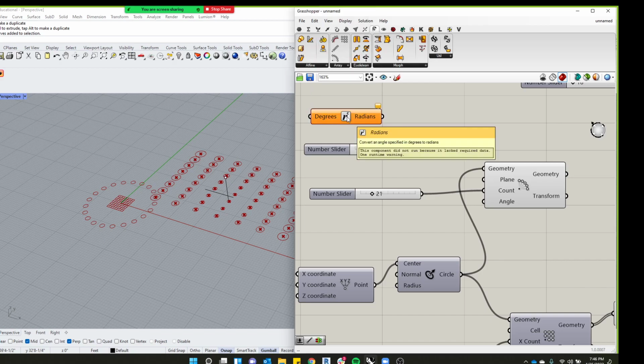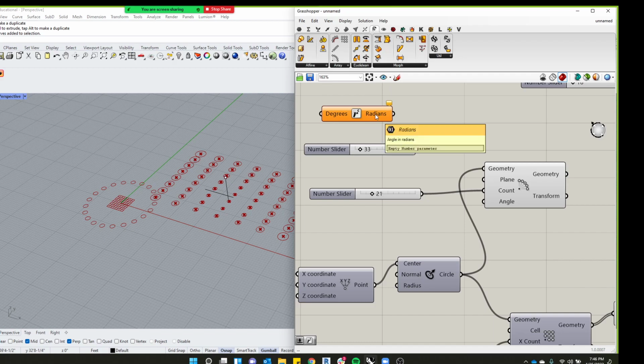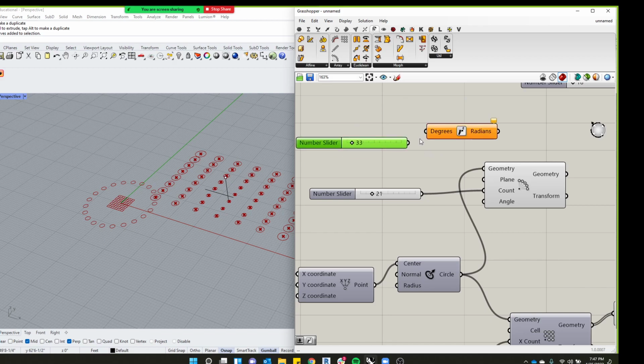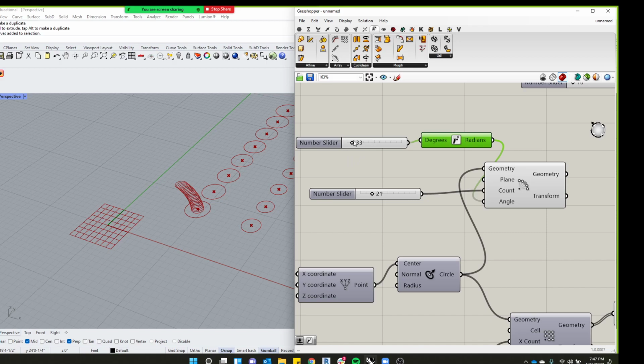Is it this one? Yeah, okay. So I'll just do it again. If I double click and type in radians, that pops up and gives me a little node that says degrees in one end, radians out the other. So I can plug my number slider, which is my degrees, into there, and then plug my radians into angle, and you'll see that I've now shifted those circles into a smaller arc,